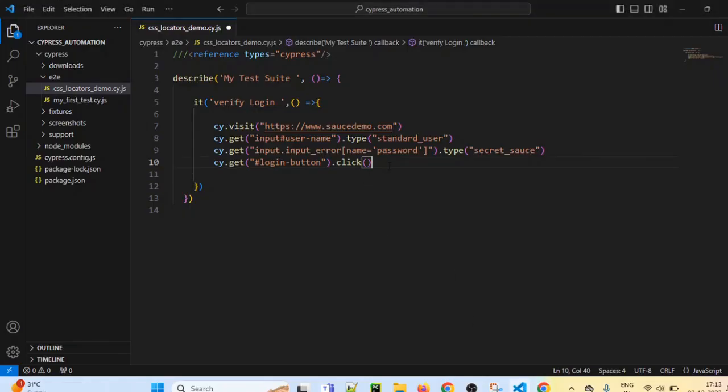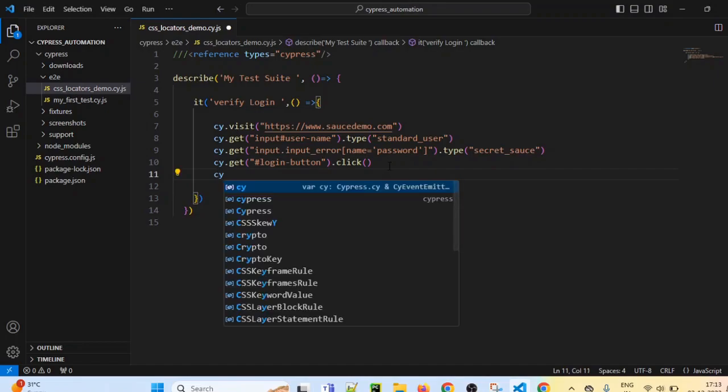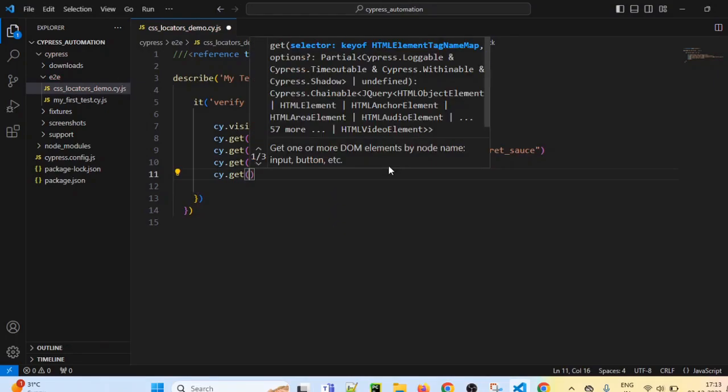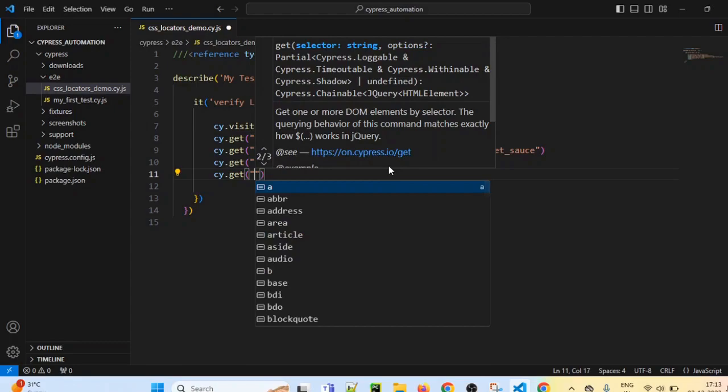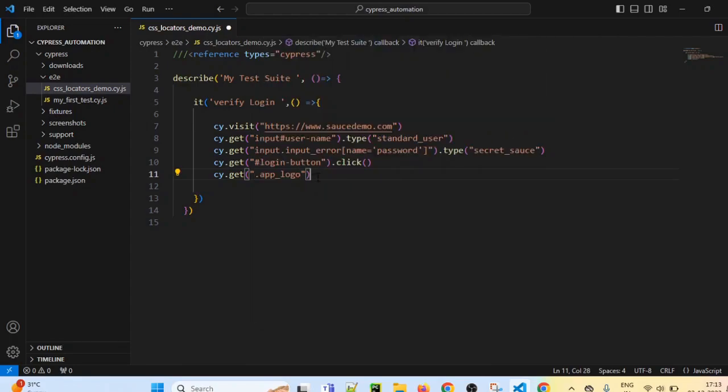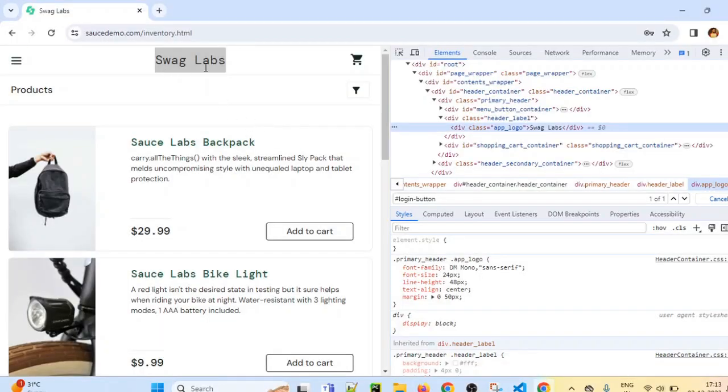We have already seen. So cy dot get. For class name, we can directly use dot and class name. We can use tag name or we can skip the tag name as well. Dot app underscore logo. It will identify that element, and we have to validate that it should have text as Swag Labs.